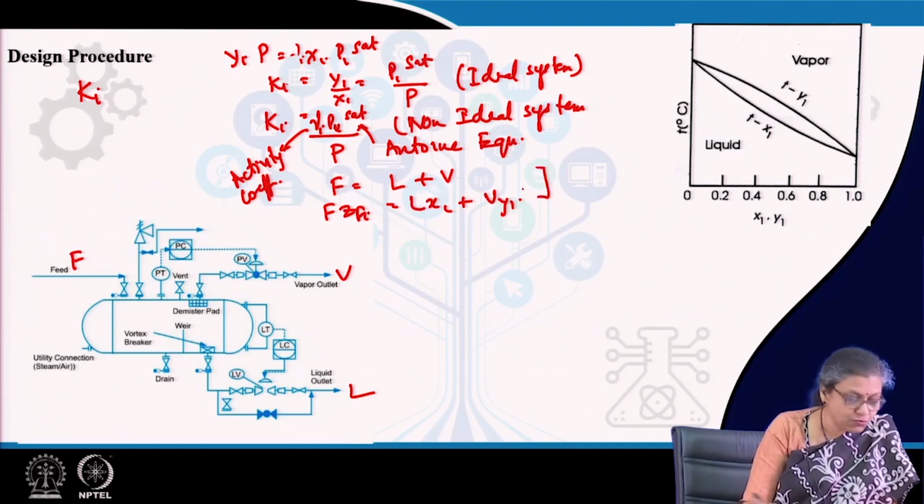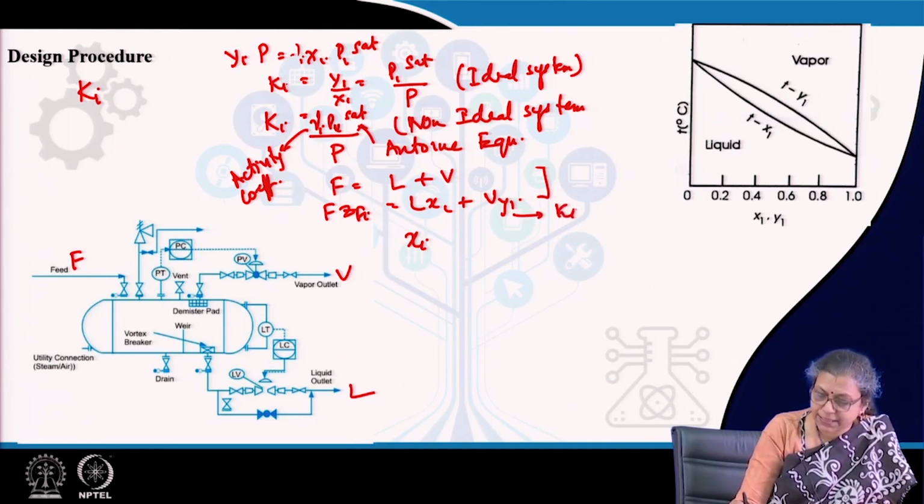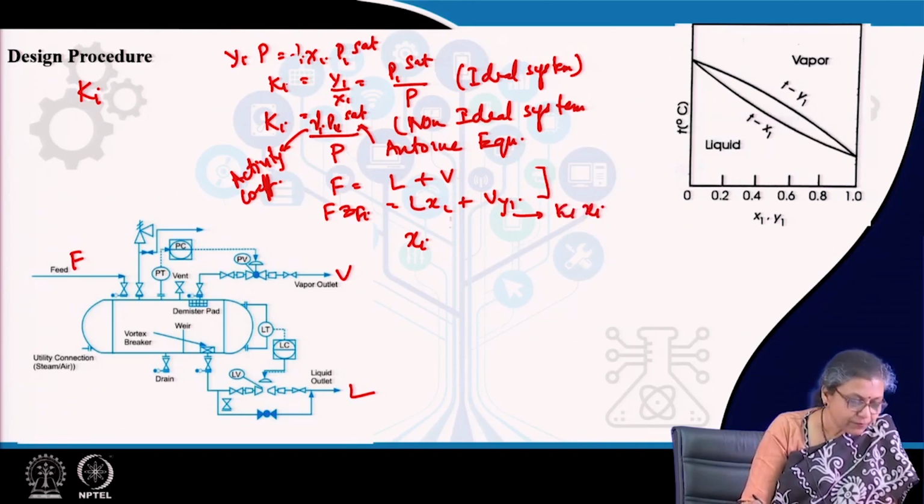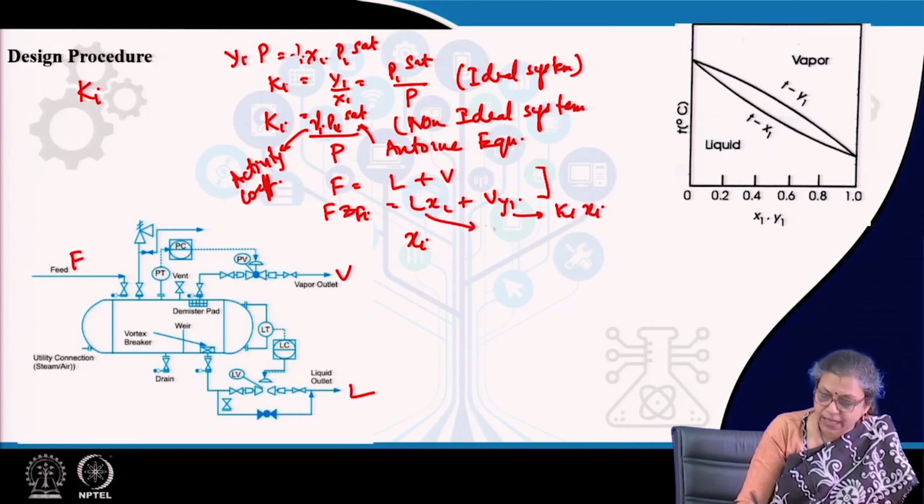Now, from these two equations we can find out Xi for each corresponding thing. We substitute Yi as Ki Xi, and we can also substitute L as F minus V, and